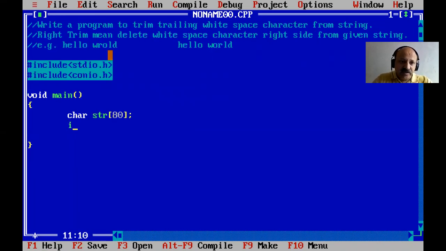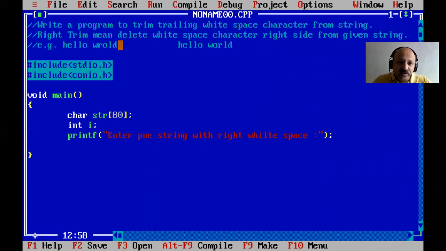And then we can define one i. Yes, so what to do? First we can scan a string with some blank space. So we can say, enter one string with right white space. So that is better.